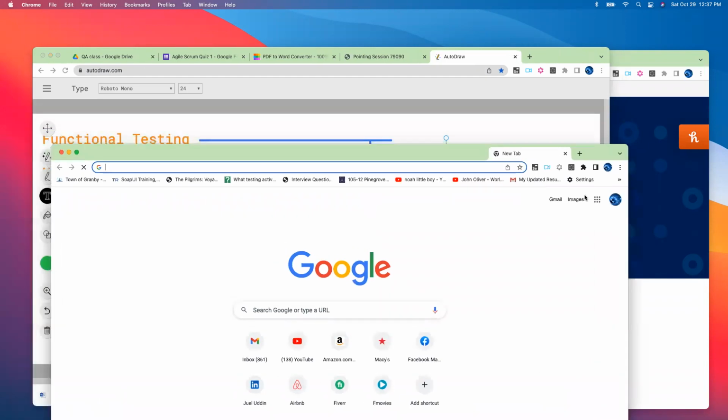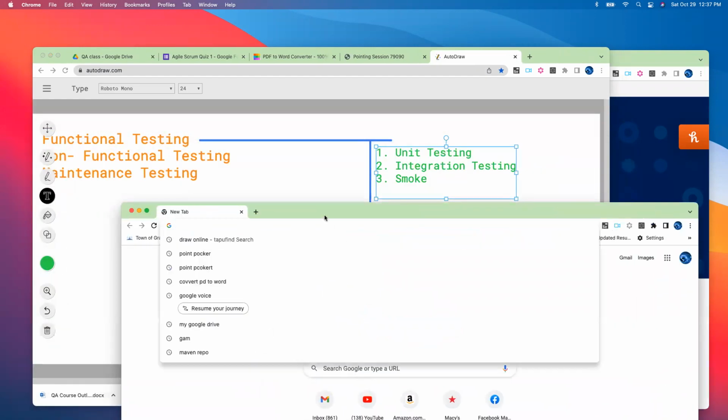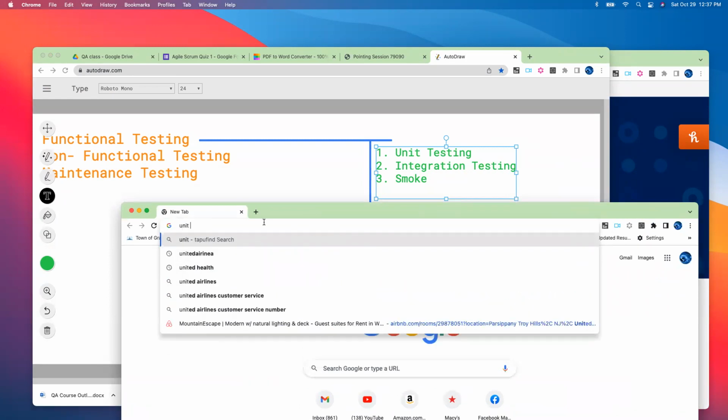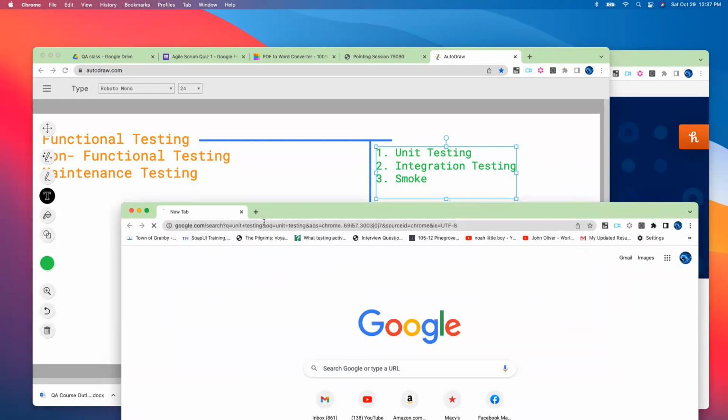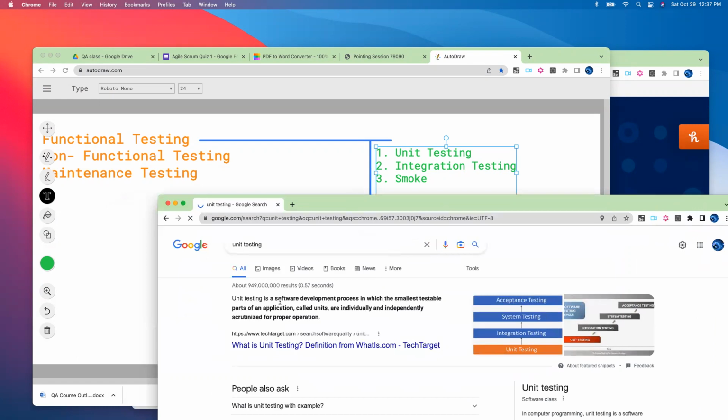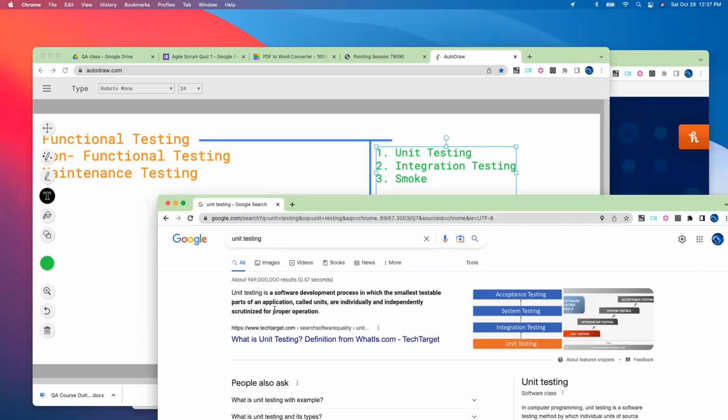But let's look at it, guys. Definition also matters, right? So let's look at the definition. For unit testing, I think we need to look at the definition first. Unit testing is a software development process in which smaller testable parts of an application, called units, are individually and independently scrutinized for proper operation,